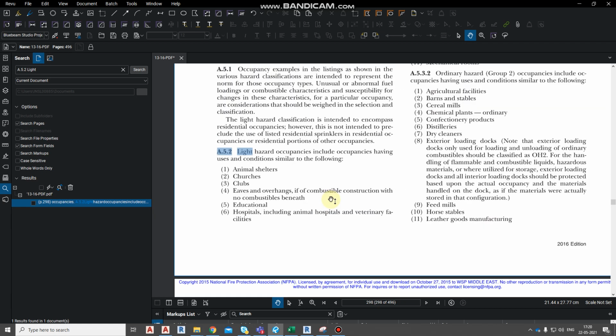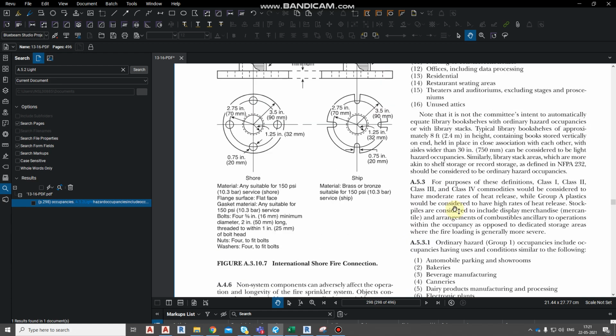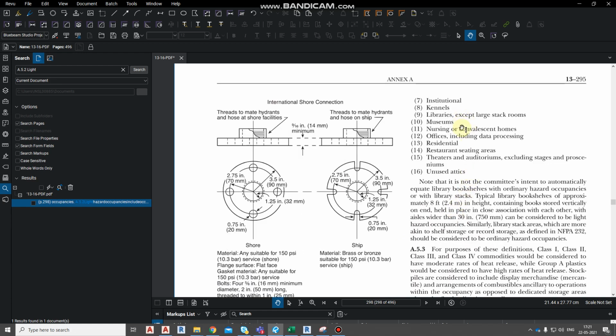As per NFPA 13, light hazard occupancy includes occupancies having uses and conditions similar to the following: buildings like animal shelters, educational clubs, hospitals, museums, libraries except large stack rooms, residences, and offices including data processing.